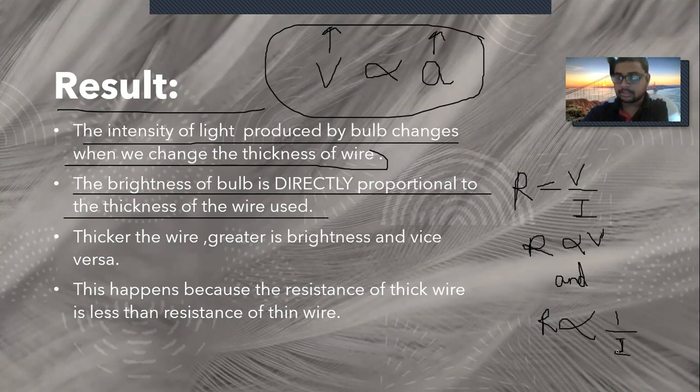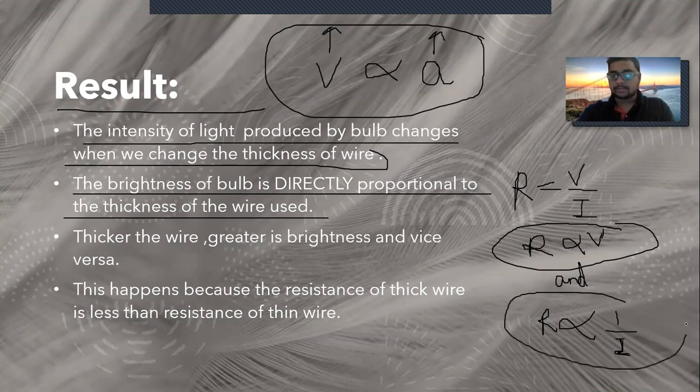Okay, what does that mean now? So as the voltage increases, resistance also increases. Okay, you can say it like that, when the current is constant. Those are other further complications, but I wanted to explain you this part. R is inversely proportional to I. It means that when the resistance decreases, the current increases and vice versa.